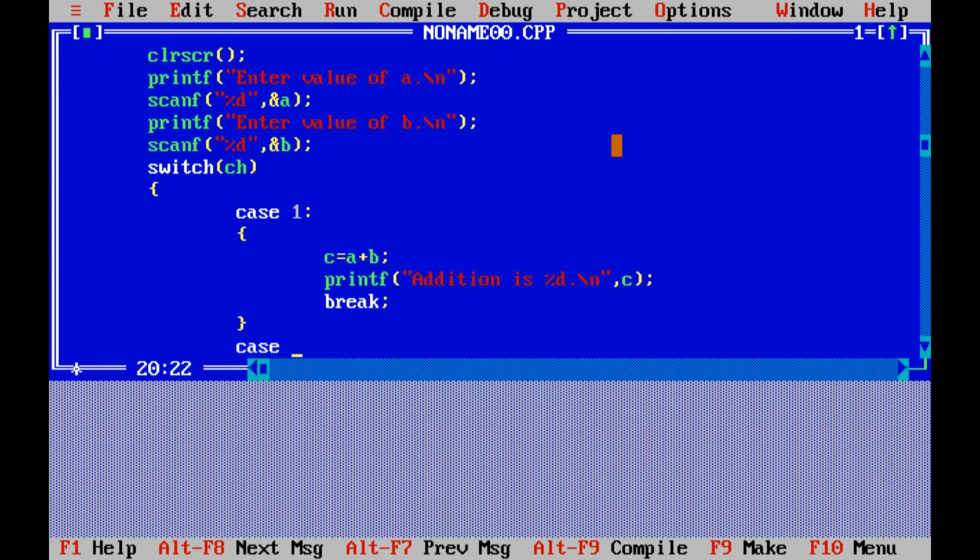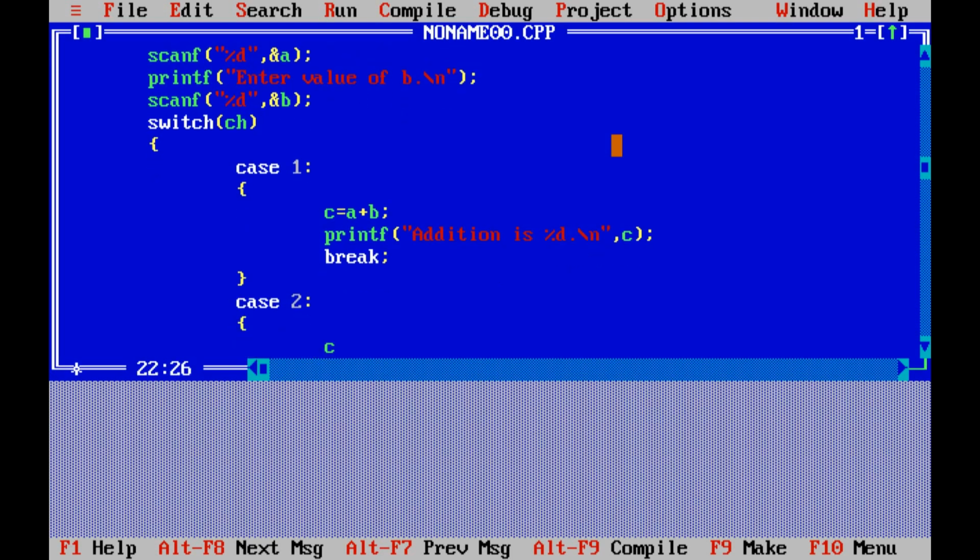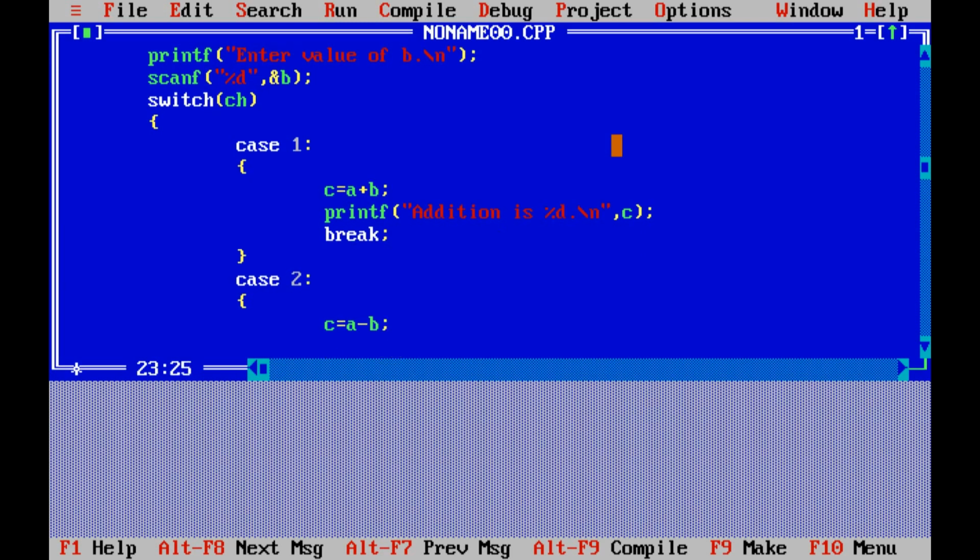Case 2 will be subtraction, c is equal to a minus b. Okay, printf subtraction is %d backslash n, and let's see,